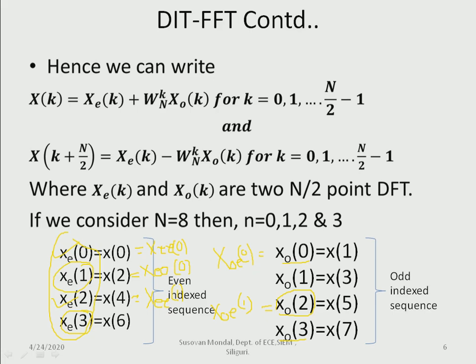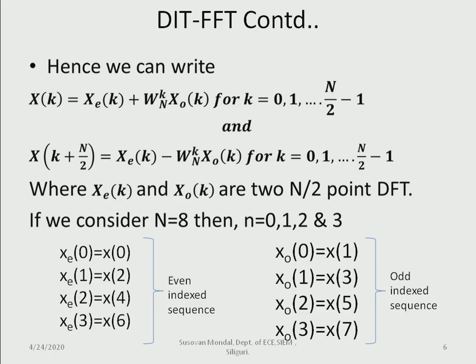So if we start with an 8-length sequence, it will be 4 and 4. Then again 4 and 4 will be decimated into 2 and 2, and the other 4 will be 2 and 2 like this. So we'll stop there. Now if we started with 16, 16 will be decimated to 8 and 8. Each 8 will be decimated to 4 and 4, and each 4 will again be decimated to 2 and 2. So there will be 4 stages. Now if we go for 8 points, there will be 3 stages. Okay, I'll explain.